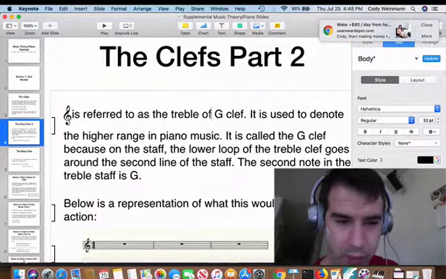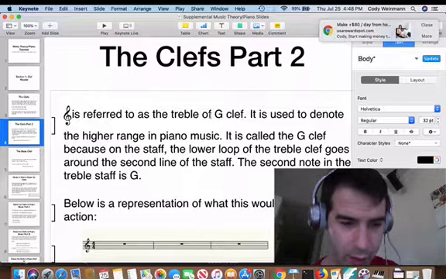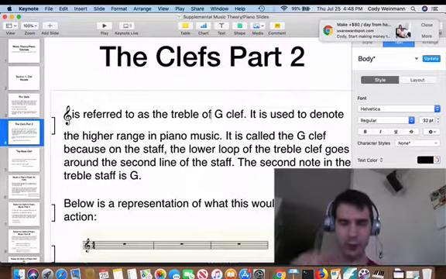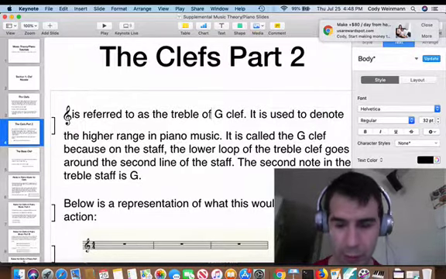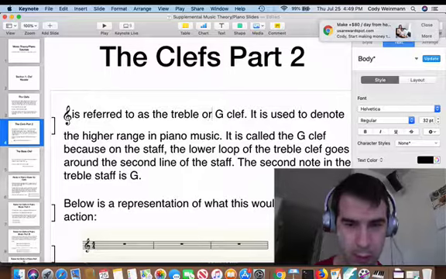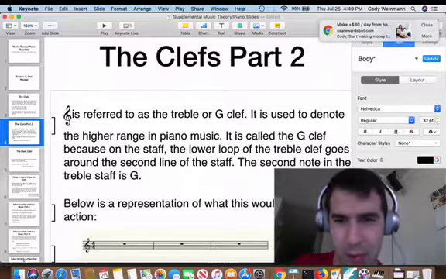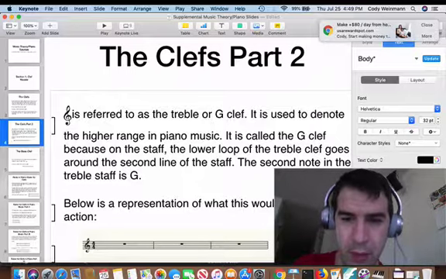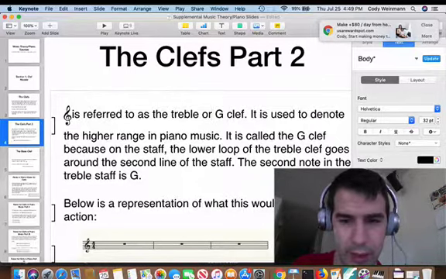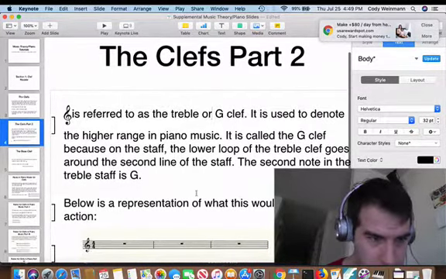The reason why is that the representation of the treble clef is where the loop of that treble clef goes through the second line of that staff, and that happens to be G. Happens to be treble G. The treble clef is used to denote the higher range in piano music. It is called the G clef because, like I said, on the staff the lower loop of the treble clef goes around the second line of a staff. The second note in this treble staff is G, so that's what it looks like below. Alright,